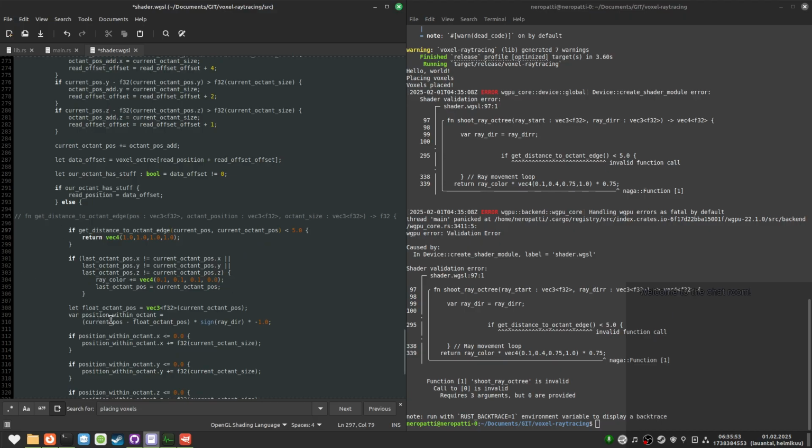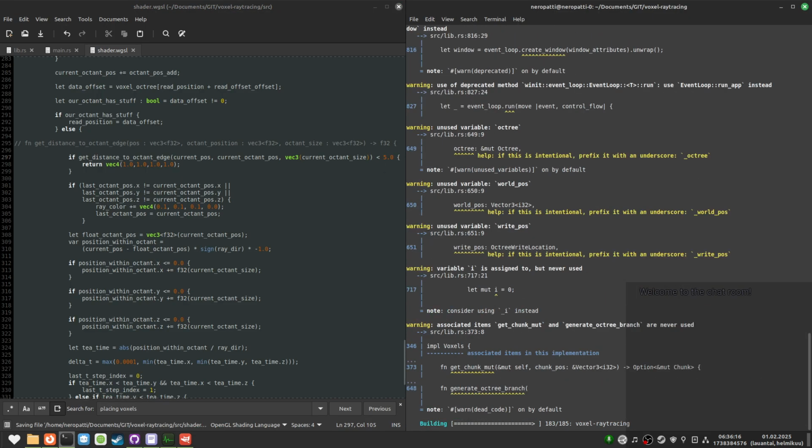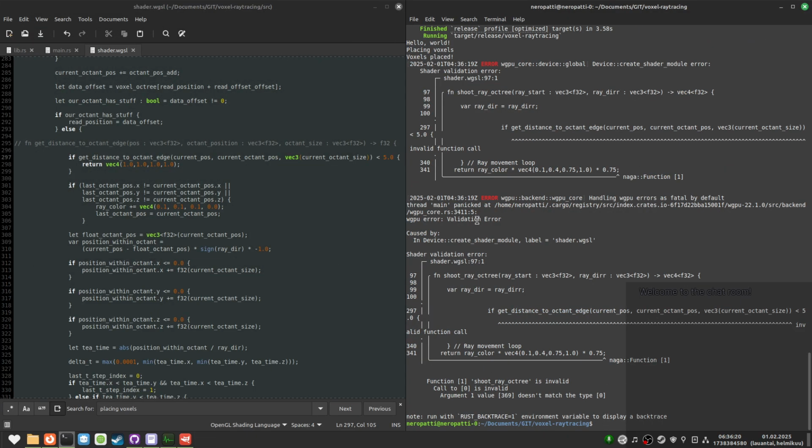Wait, we're calculating the position within the octant anyway. Well, I mean, I'll leave this as a separate function anyway. This might be a wrong variable type, but we'll see. It'll complain about it. Yep.